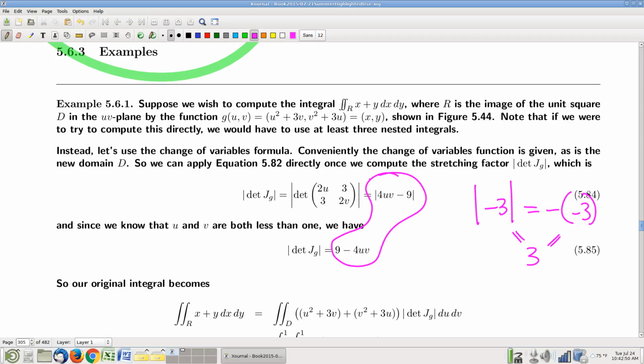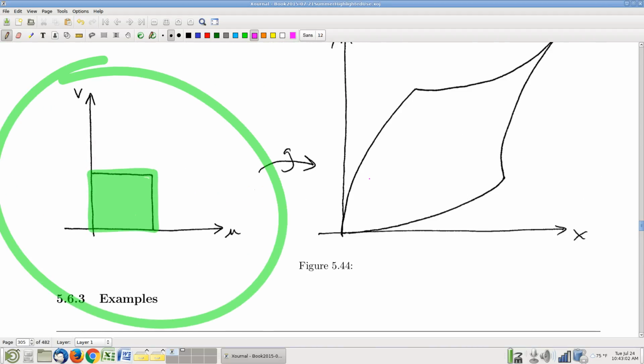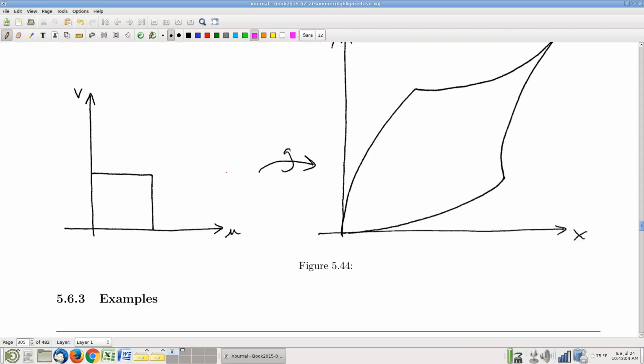in this case. Now, what would happen if there's some ugly cases where the thing on the inside is sometimes positive and sometimes negative? Well, then you'd have to take your domain. I mean, this would be a bummer, right? But what if my stretching factor is inside of the absolute value? What if it's positive over here and negative over here? Well, then you'd have to break up this new domain into pieces, and you'd have to do the integral on this piece